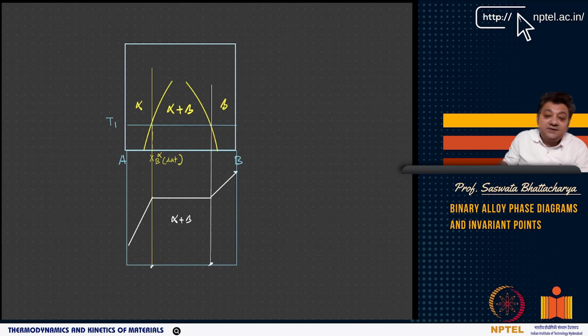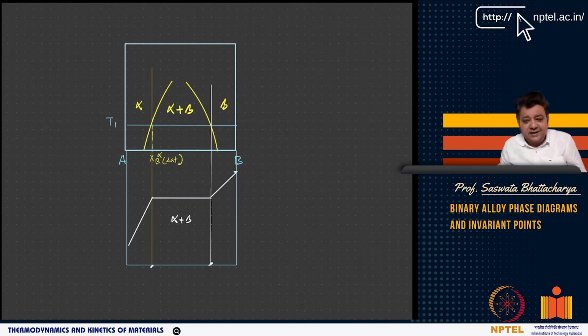Now what does A dissolving in beta do? It contracts the lattice parameter. Pure B has the maximum lattice parameter, and the more A enters, the smaller the lattice parameter becomes. So the lattice parameter shows a different slope here. However, within the two-phase region at temperature T1, there is no change in slope and you see a horizontal line. The lattice parameter does not change.